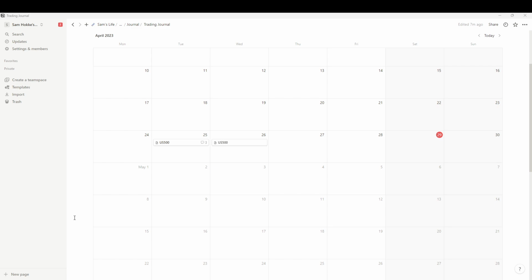Over there I have my backtesting ground, so things that I'm testing out and looking at, and things that I try to develop within my trading plan. My trading plan is written out in Notion. As I said, my trading journal is here. I do my forecasts here, my weekly outlooks, my daily outlooks, et cetera. But I also manage my documentation of the knowledge that I learn along the way in different topics.